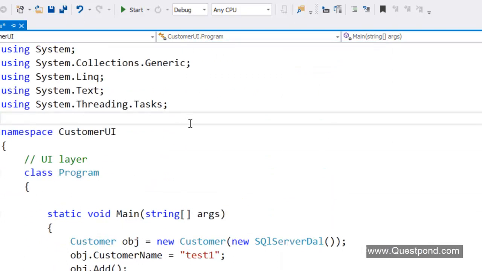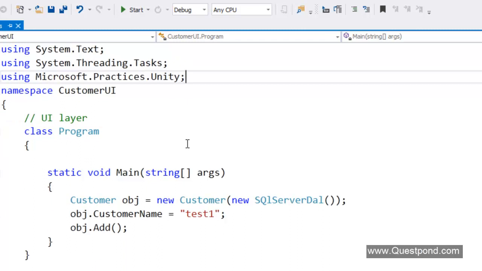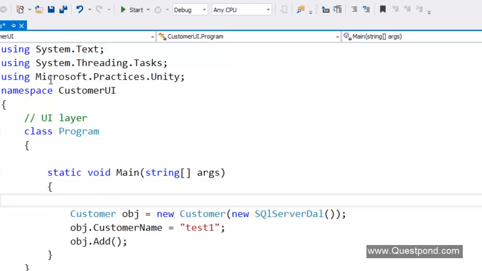So let us go ahead and start writing code. First thing first, we have to import the namespaces. At this moment, I'm not going to write the configuration in an XML file, so I don't want the unity.configuration reference, but I do want the reference to the Unity namespace. Why? Because at least I want to do the injection, right? In the next part of the video, we'll see how we can put the configuration into an XML file and then apply it to a project, right? Right, so you can see that I have imported the Microsoft.practices.unity namespace here.